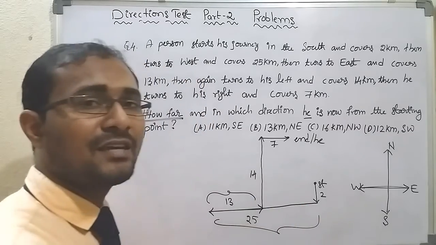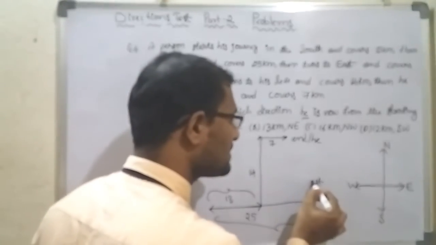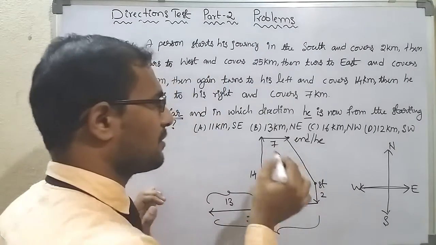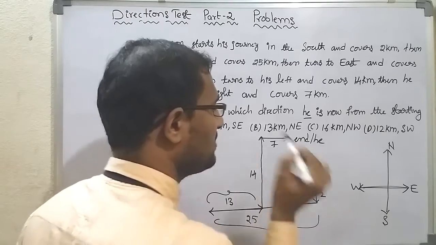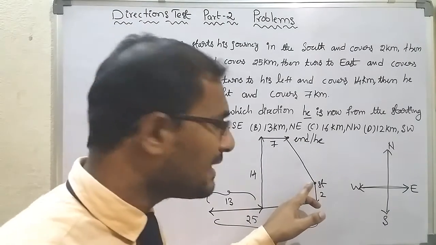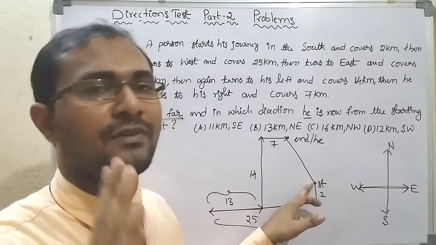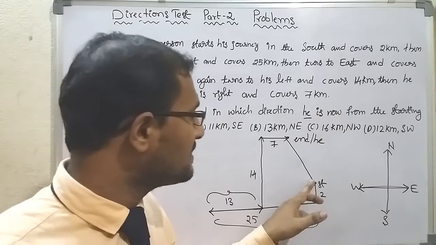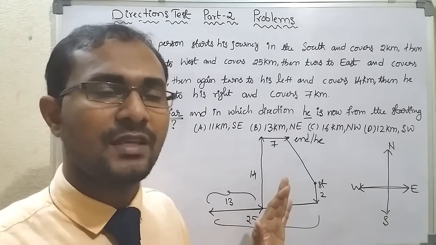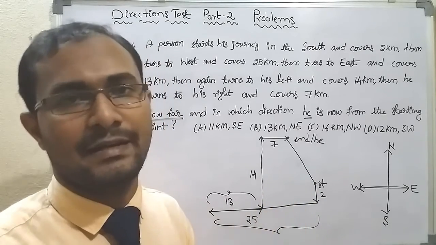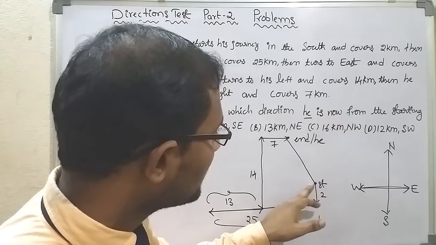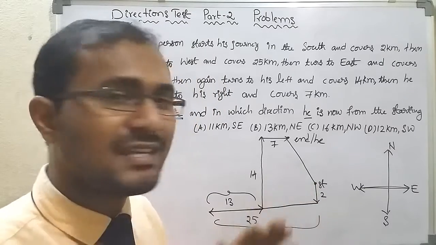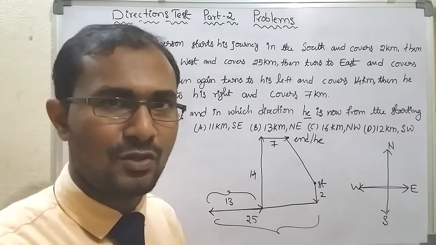So how can we find the shortest distance? Just by drawing a straight line between these 2 points. If this line has a slope, then frame the right angle triangle. If this line does not have any slope, then we need not frame the right angle triangle. Here, if you observe clearly, this straight line is making some angle, otherwise it has some slope now.